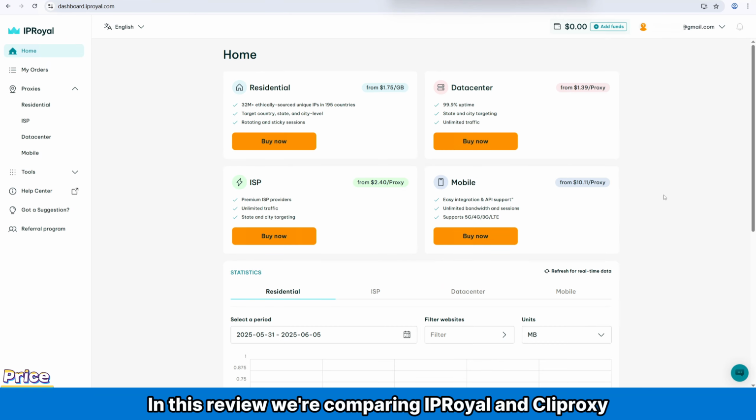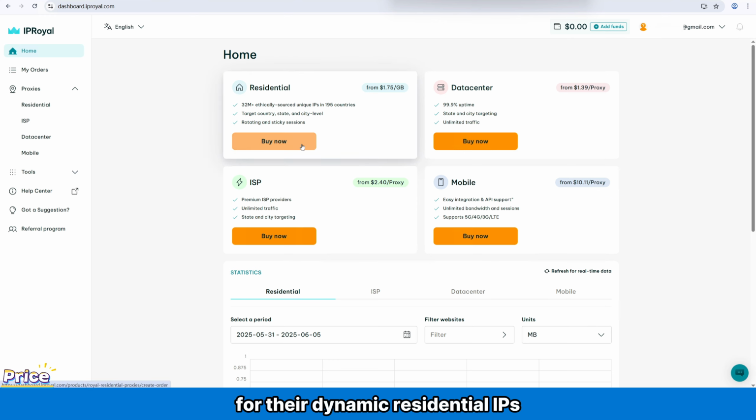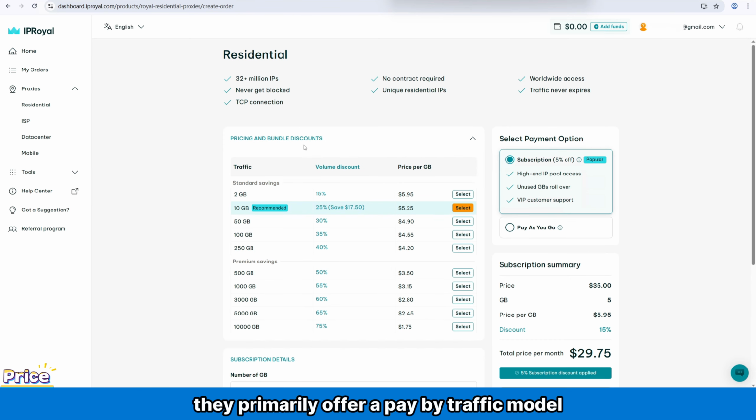In this review, we're comparing IPRoyal and Cliproxy. First, let's look at IPRoyal's residential IP pricing. For their dynamic residential IPs, they primarily offer a pay-by-traffic model. The subscription pricing ranges from $5.95 to